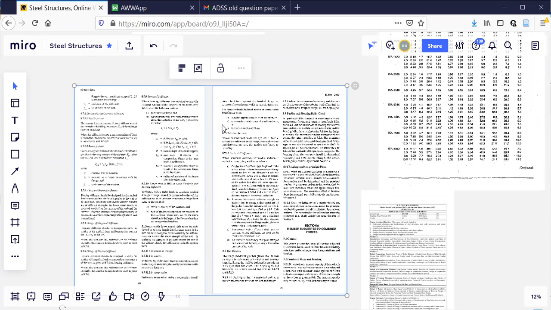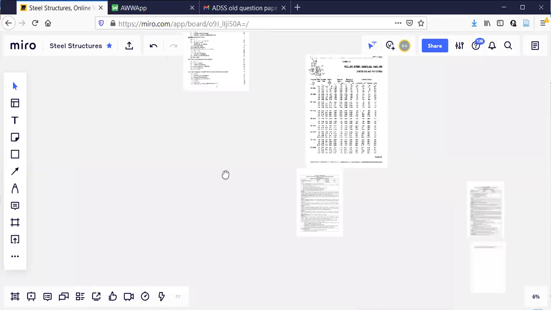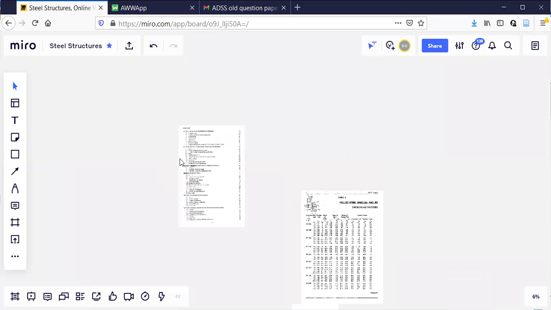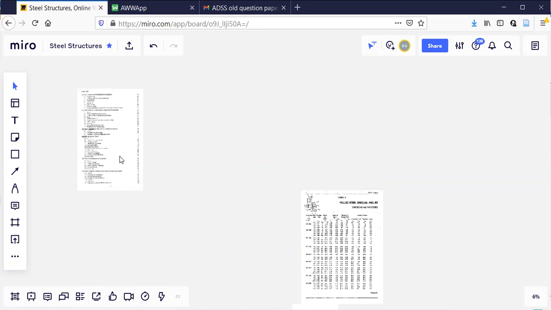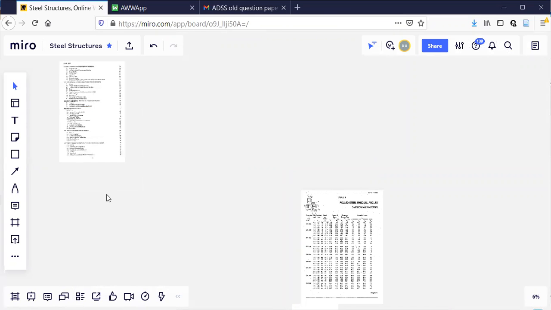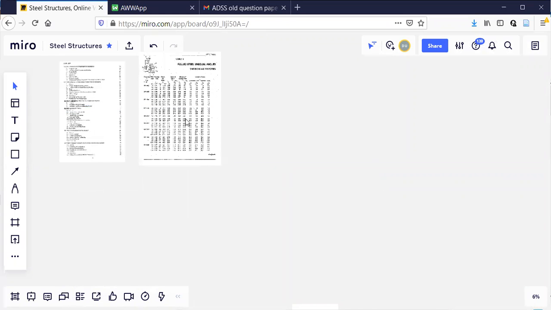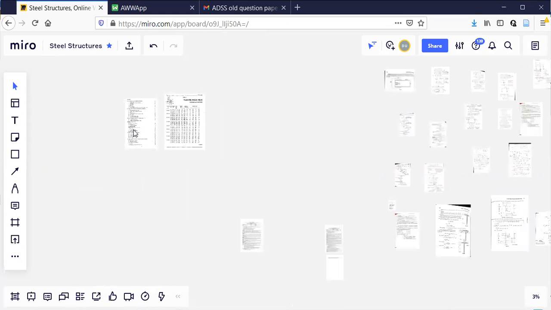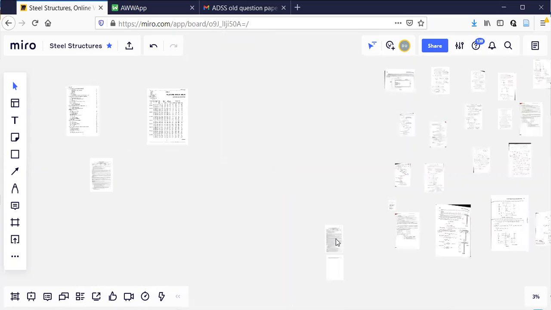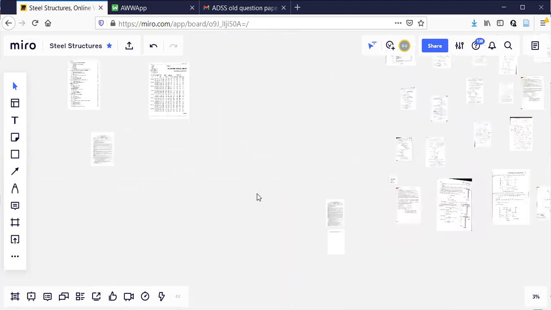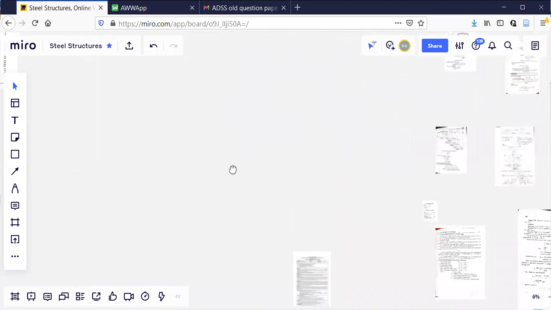Like this, you can see here. So after this, I'll just go to this one here. These are the two books I'll be having here. One book is IS 800. One more I'll download. That is the SK Duggal book, also a soft copy. I'll refer to that wherever it is required. In today's class, I'm going to solve one simple problem on welded connection, which will be very simple actually. You can see that one.